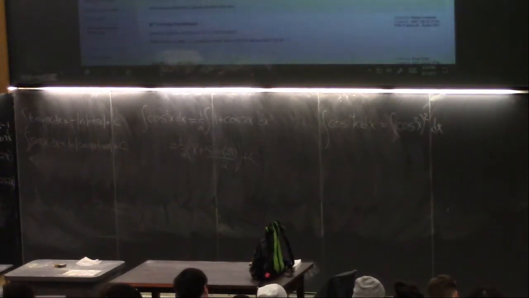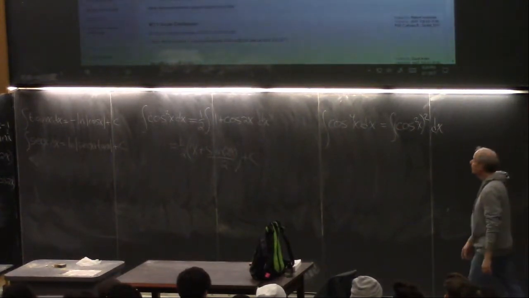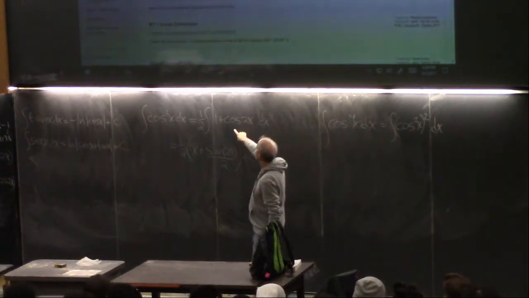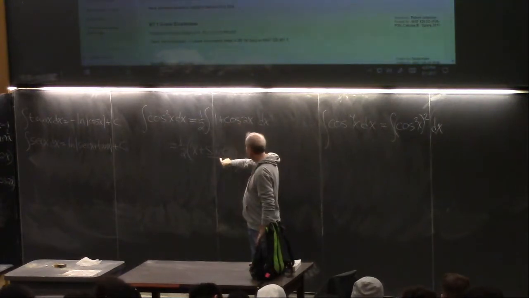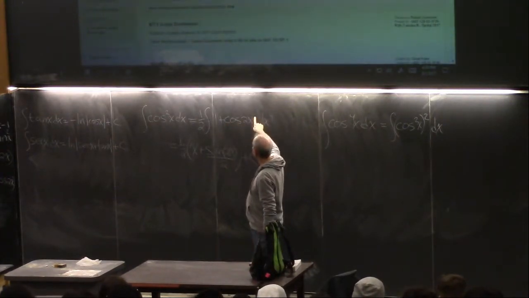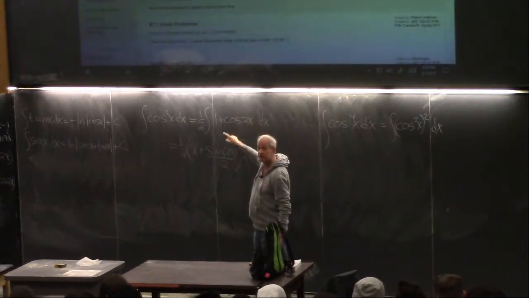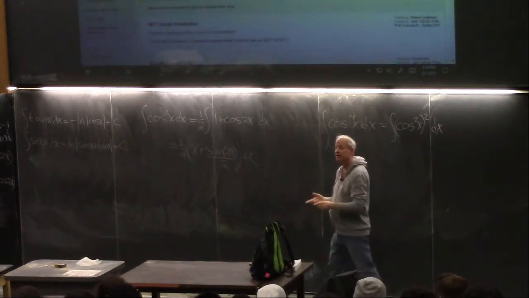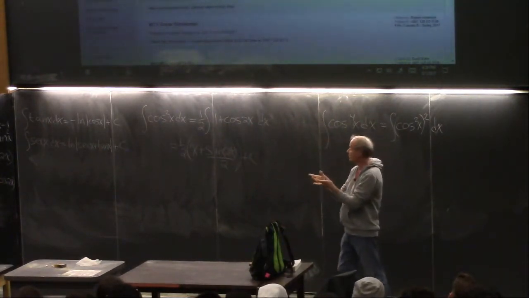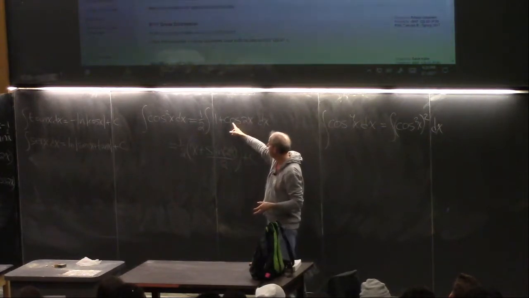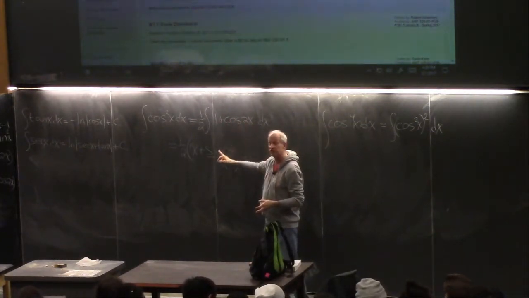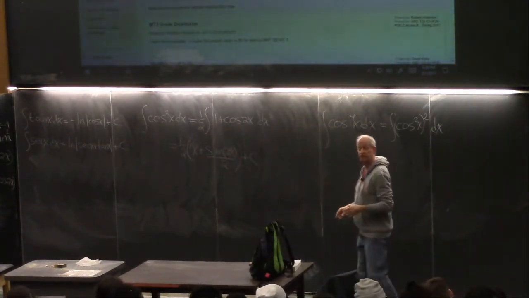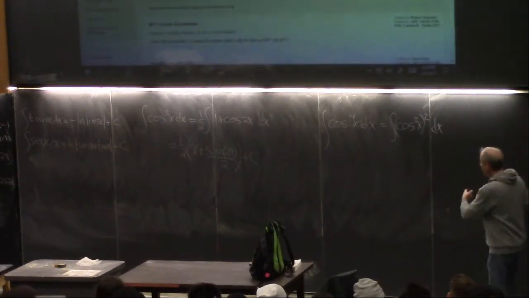Yes? Can you just explain one more time how you got sine squared? Well, the antiderivative of cosine, right, is sine. And then you have to divide by the derivative of the term, okay? Because it's sort of the opposite chain rule when you're doing integrals. If you're doing the derivative, you would multiply by 2. Since you're doing the integral, you divide by 2, okay? All right, so that's going to take you guys about 5 minutes. Let's see how you do.